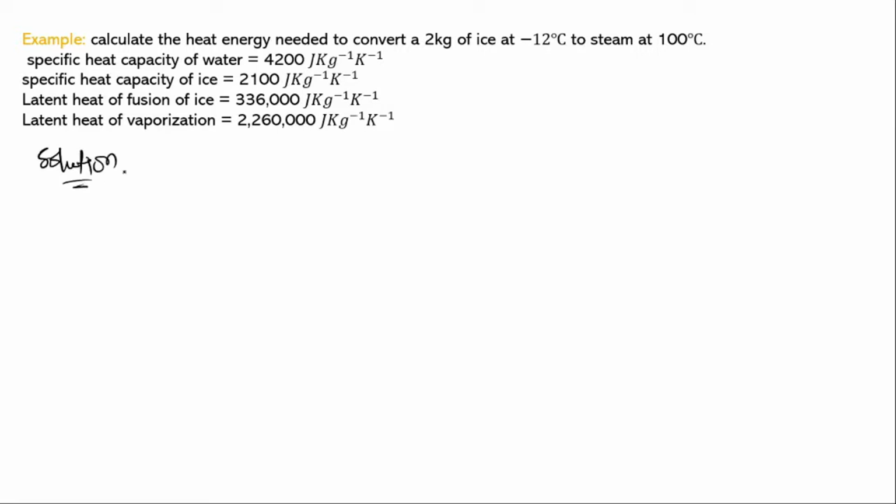Alright, so let's analyze the question. We have to calculate the heat energy needed to convert what? A mass of what? 2 kilograms of ice. So we have the mass, 2 kilograms of ice at what? Negative 12 degrees Celsius to steam at what? 100 degrees Celsius. Now, when it comes to this, there are a lot of transformations occurring over here